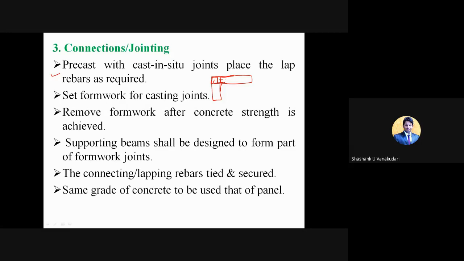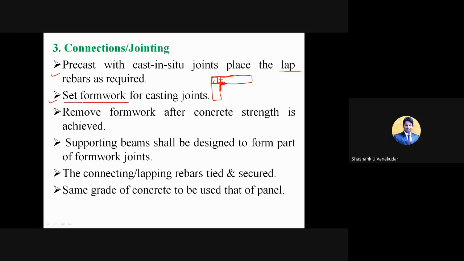So here basically to connect these horizontal members to the vertical members, these slab rebars are required, which are going to connect these structural members, right? So like these slab bars will be there. These slab bars are going to give the connections between the horizontal members as well as the vertical members. And then while providing these particular joints, they need to fix the proper formwork.